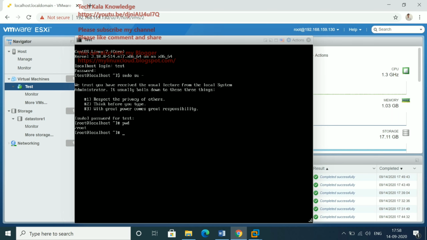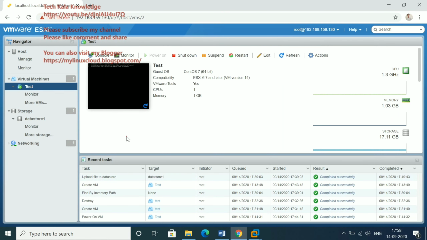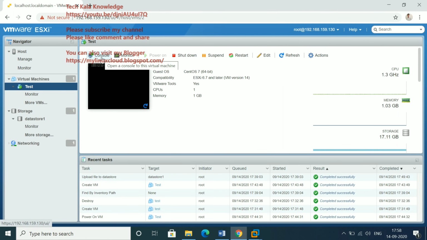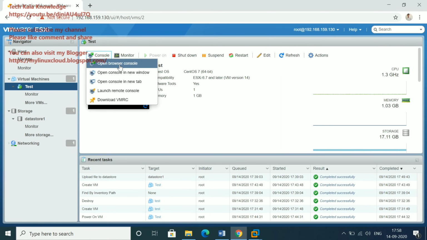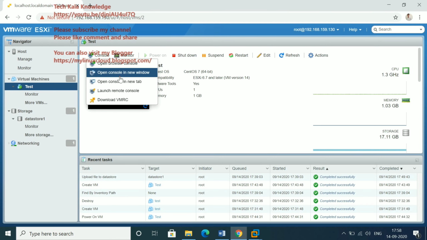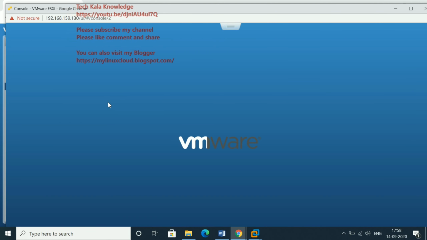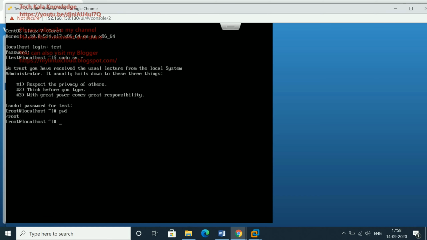So this is the way you can build a virtual server. Let me show you one more thing. Console, new tab, open there. If you open here, you can see this is a web browser console, so you can work here also.